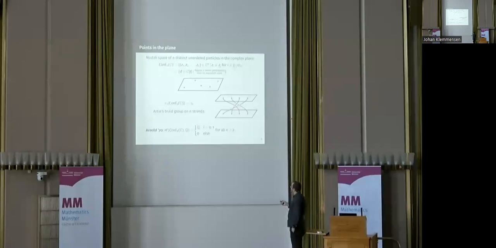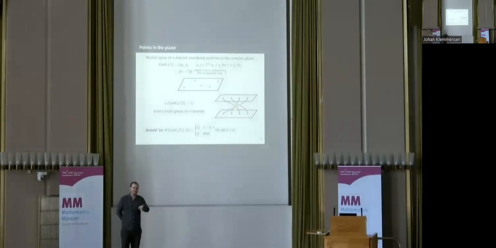I've written it with rational coefficients. And what happens is the following. It's one-dimensional in degree 0. It's one-dimensional in degree 1. And that's it. So there's only one invariant of n points in the plane, which is the number of points in the plane, n. And there's also only one invariant of one-parameter families of points in the plane. And that is something like a total winding number of this picture.